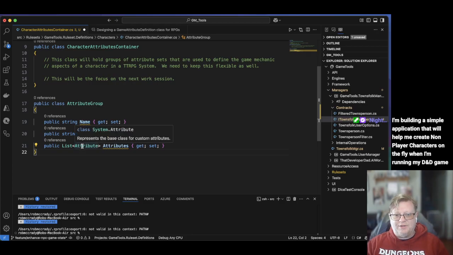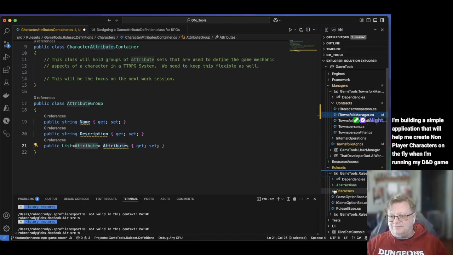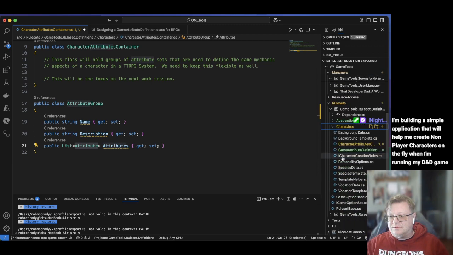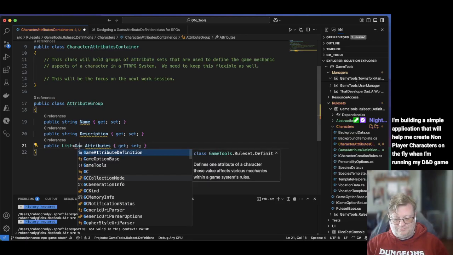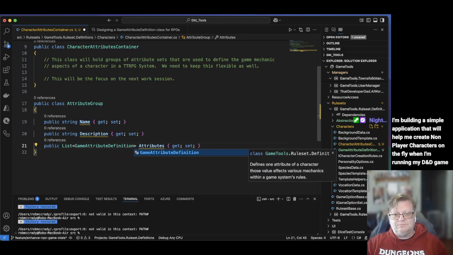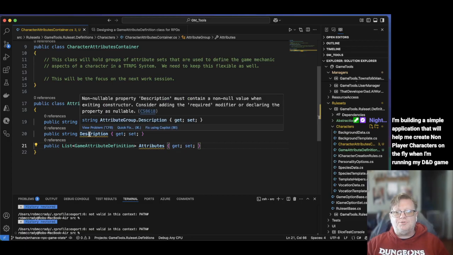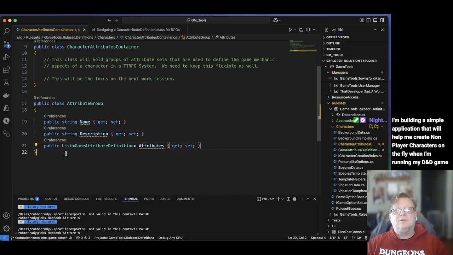And it's not going to be a list of System.Attribute. No way. It's going to be a list of game attribute definitions. Name, description, and